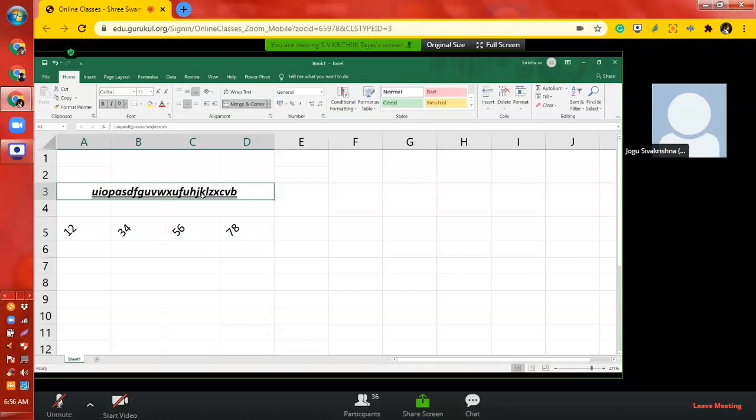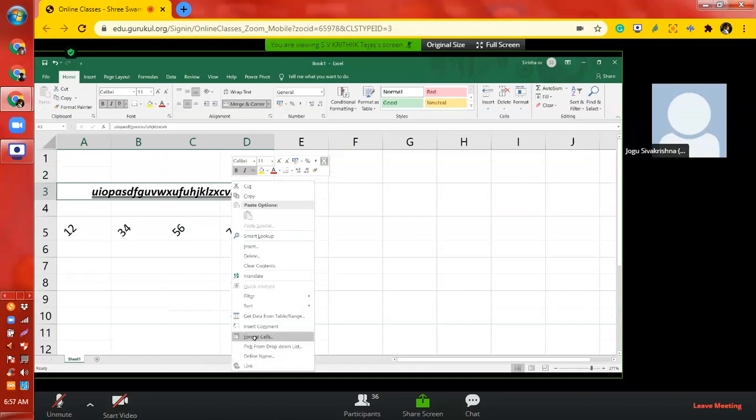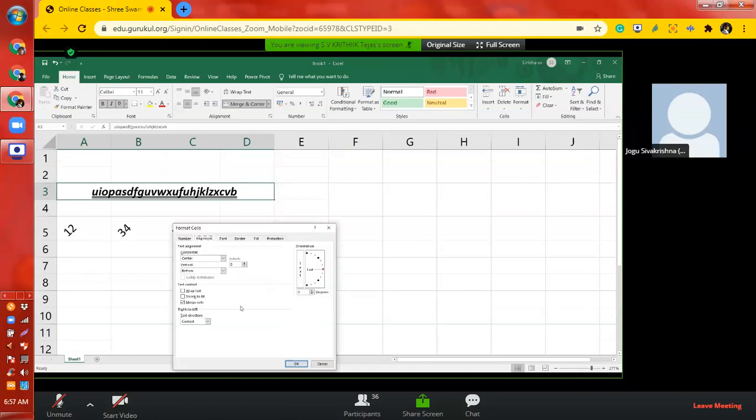Okay, and applying colors to your cells. If you want to select colors, you have these colors in the same group. You can see them to the right. Just a minute. Yes, you have the colors there. Otherwise you can right click on that, go to format cells again. Yes, you can select the fill option there.